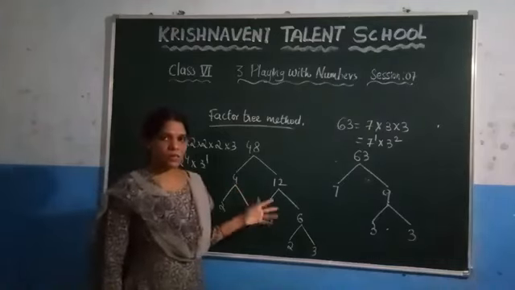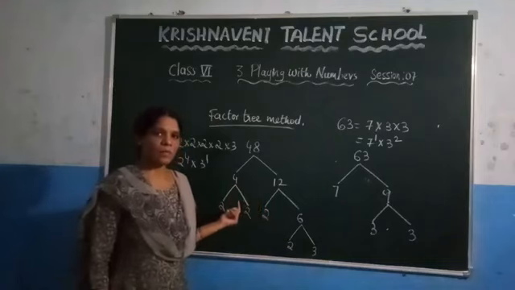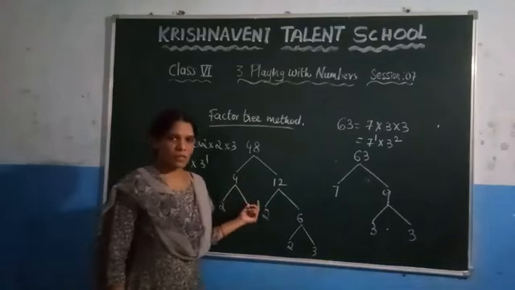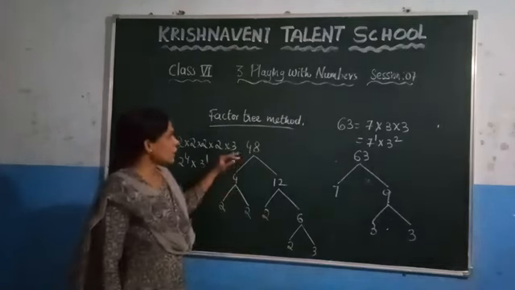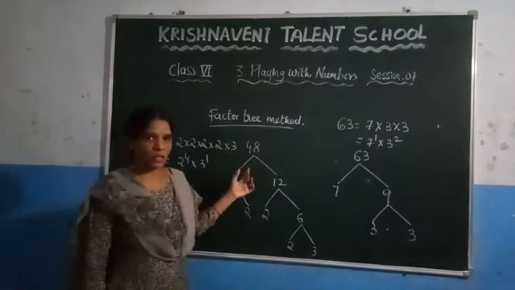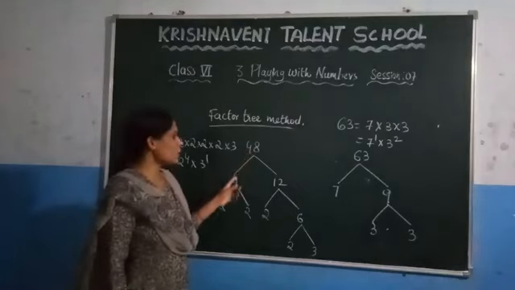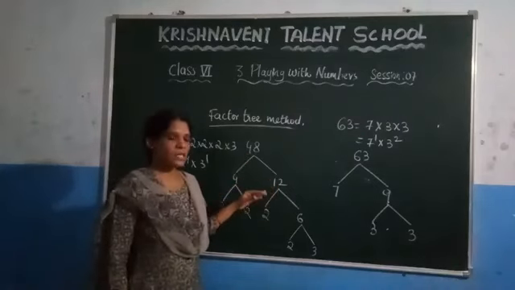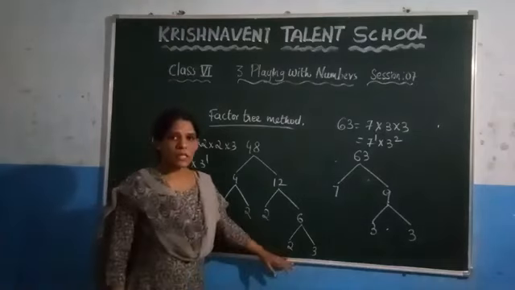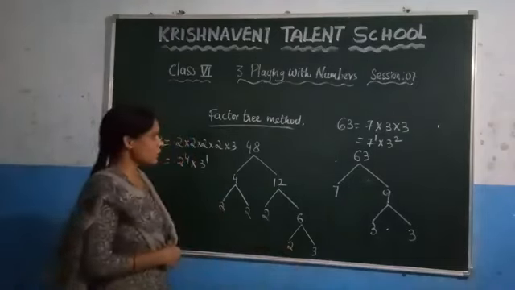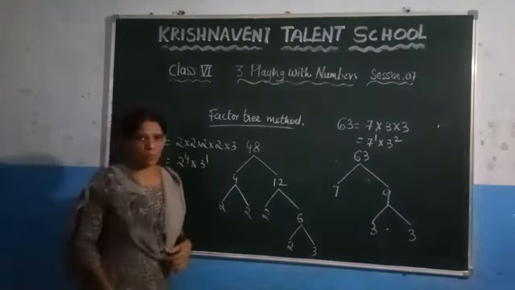In the division method, first you need to check the least prime number that divides the given number, and you need to follow the procedure. And in the factor tree method, if you are given any number, you need to write that number as a product of two numbers, and follow this procedure until all the numbers are prime numbers. This is about the factor tree method. Now write about this one.